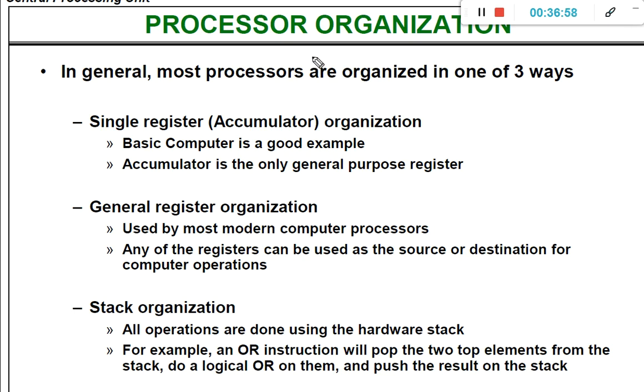Then how will a processor be organized? Processor organization. The processor may be organized either using accumulator organization, or general register organization, or stack organization. As far as the accumulator organization is concerned, the basic computer which we have seen in previous classes is a good example.